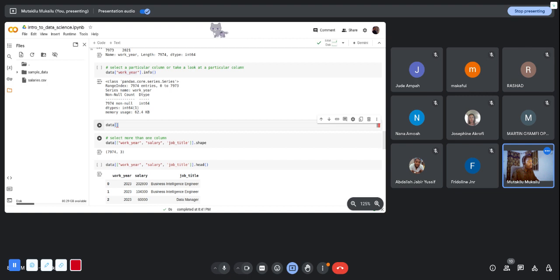Now, if you want to see more than one variable, then what we're saying is that you supply those variable names or column names in a list. So you have to create another list. And in that list,